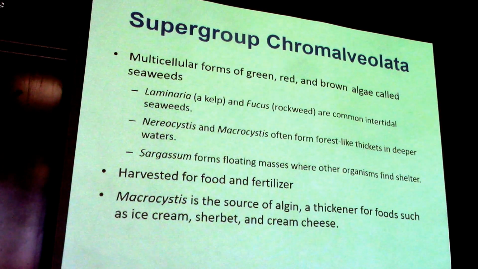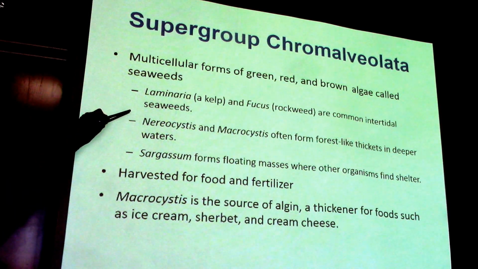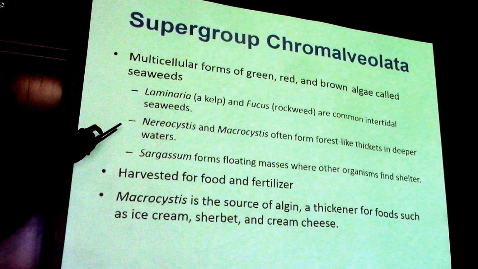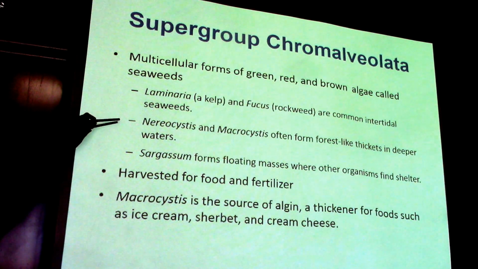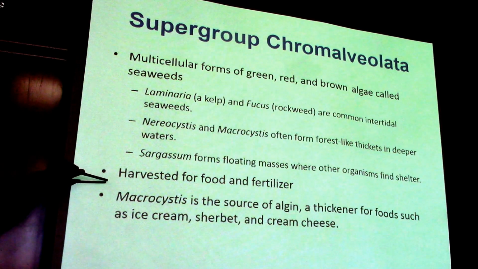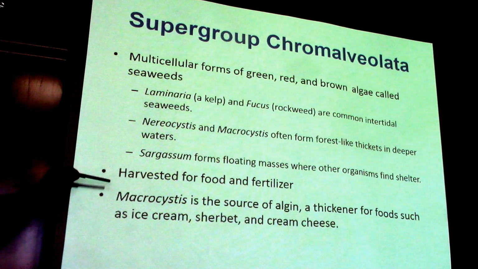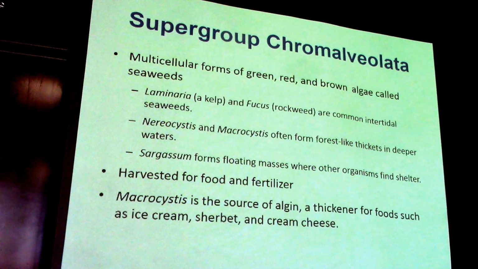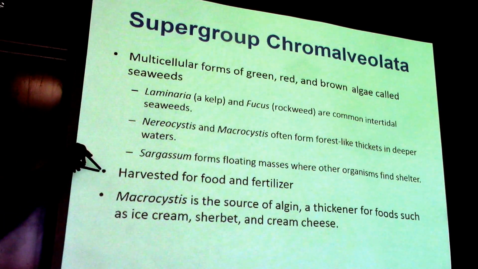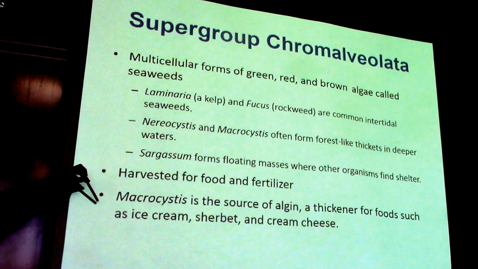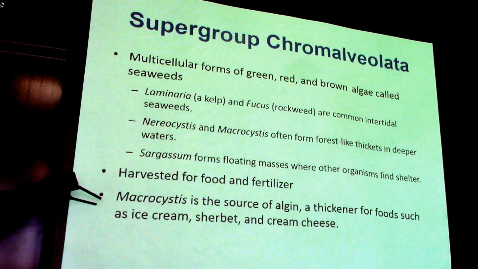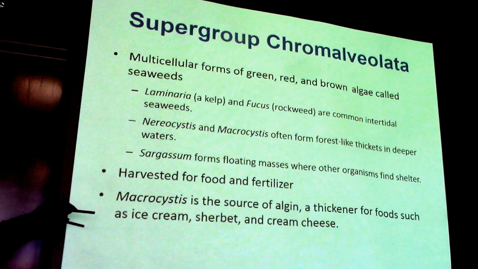So these members of this family are also multicellular, and some of the seaweed, some laminaria, that is kelp, can become very, very tall inside the seawater. Other members are harvested for food and fertilizer. Since they are full of photosynthetic material inside, the photosynthates could serve as food for other plants. Then they are also a source of algin, which is a kind of thickening material